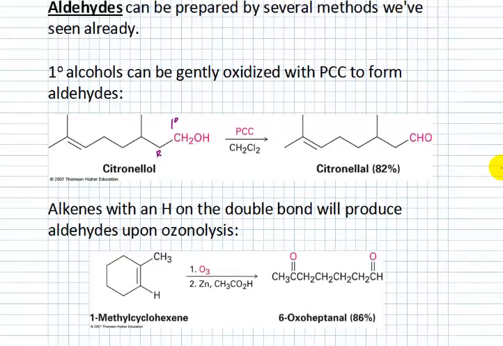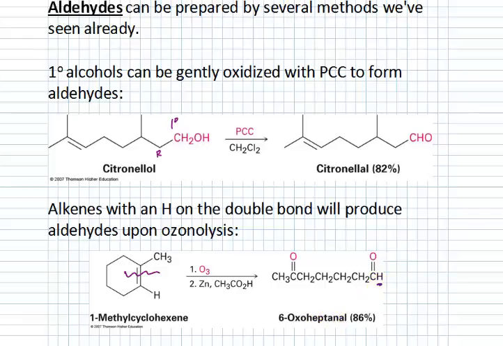If I do oxidative cleavage of an alkene, if the alkene has an H on it, that one will turn into an aldehyde. If all of our alkenes are fully substituted, we get ketones through ozonolysis. So we have to have at least one with an H on it if we want to get an aldehyde out from the reaction. Take a look at this name,